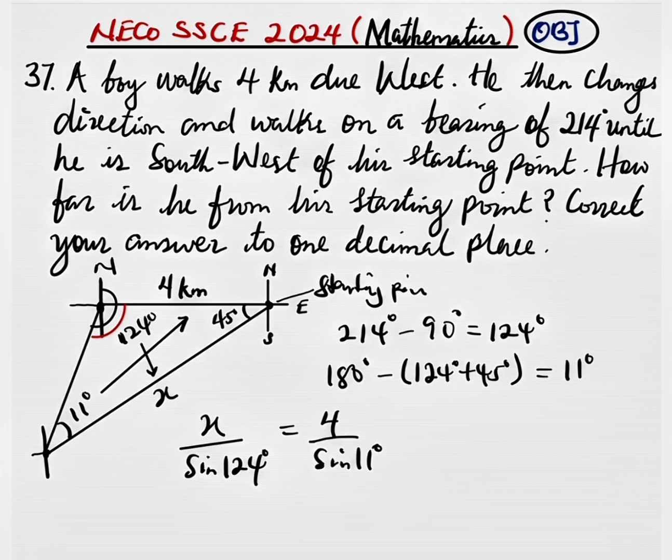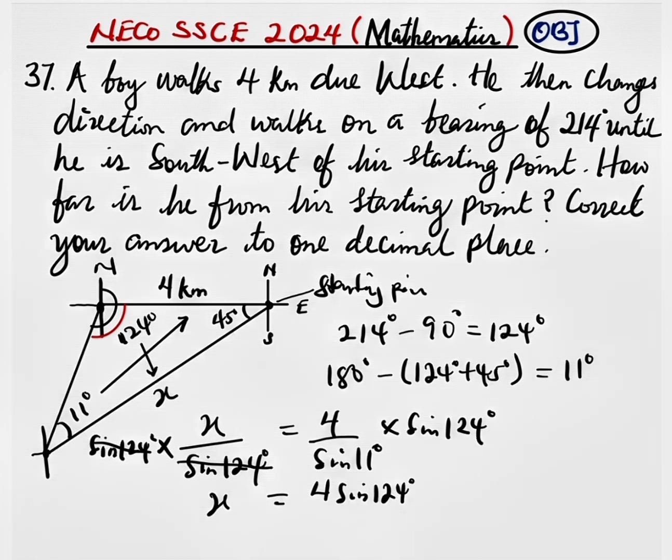So multiply both sides by sine 124 degrees. Sine 124 multiplied by sine 124 degrees. This cancels this, and we have x to be equal to 4 sine 124 degrees all over sine 11 degrees. And when we punch this into our calculator, we obtain